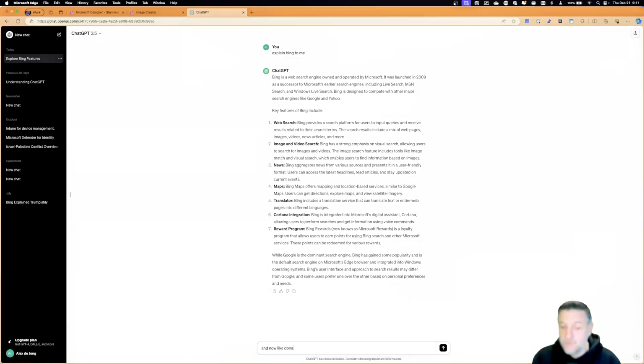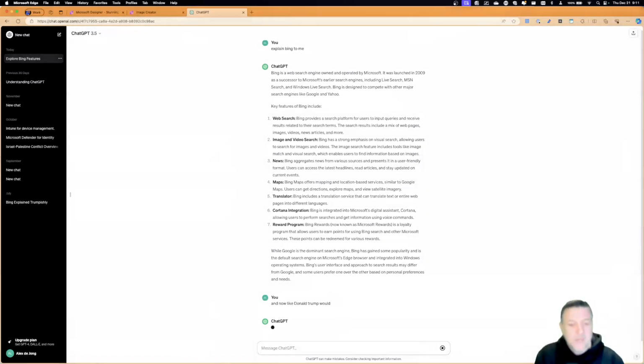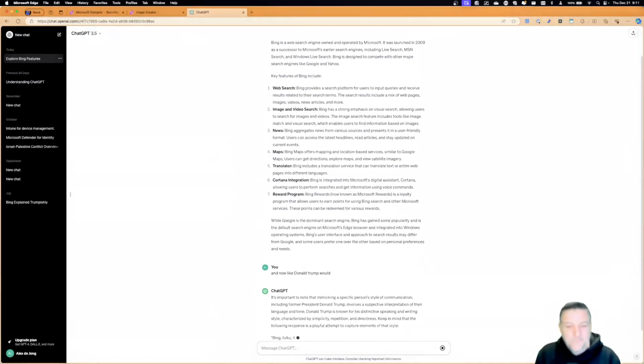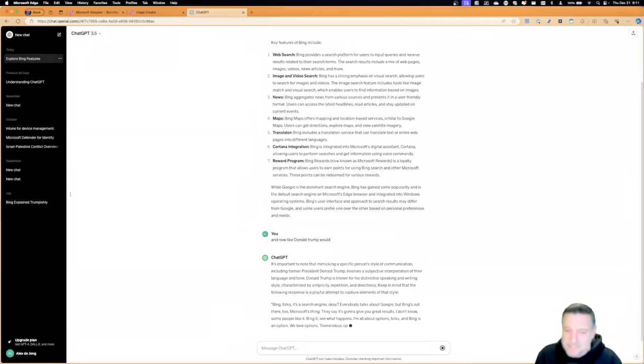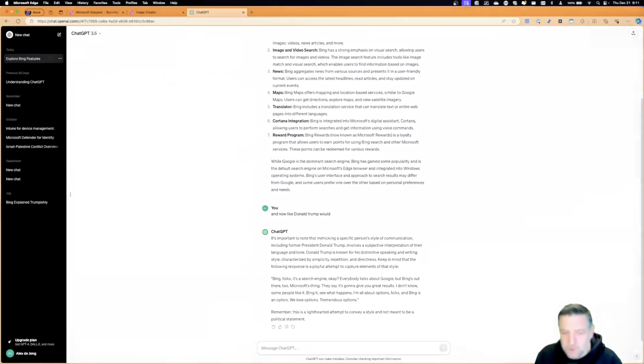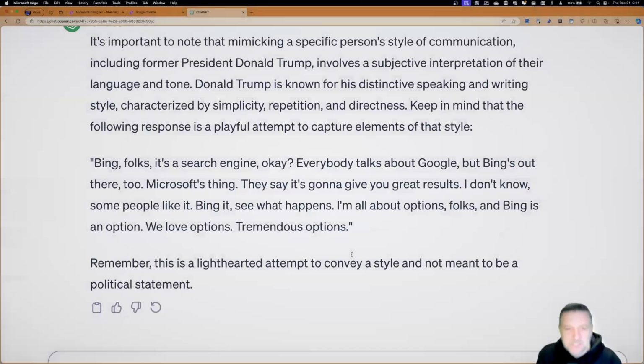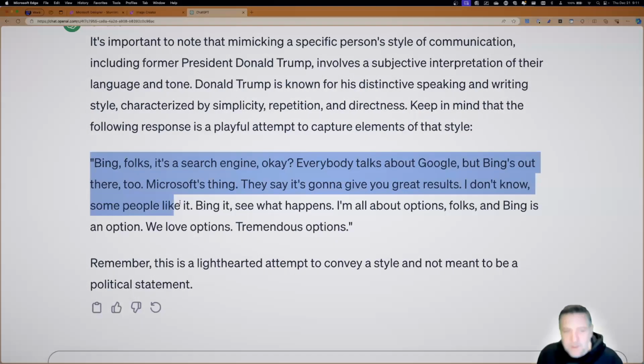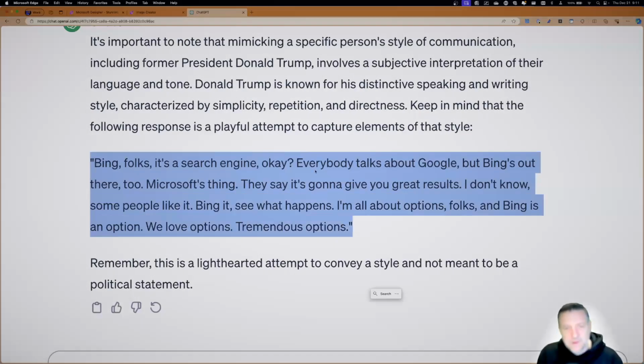like Donald Trump would. So if Donald Trump would have to explain Bing to me, then for some reason the system knows how Donald Trump typically talks, right? So this would be the Donald Trump kind of way of explaining